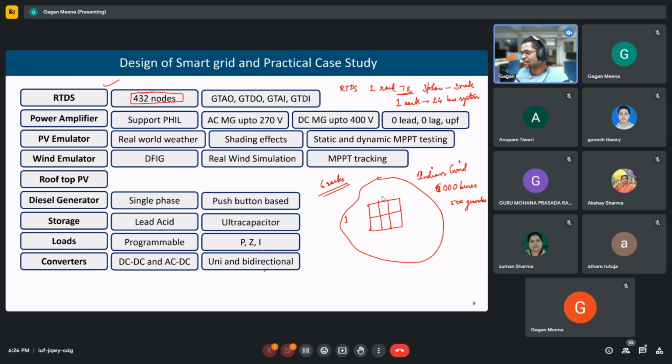So 6 racks are arranged like this: 1, 2, 3, 4, 5, and 6. Each of them can simulate a system of 24 buses. At a time, we can use all 6. If someone is already using a rack, we cannot use it. When all are empty, and no one is using any rack, then a 144 bus system can be simulated in RTDS, with 6 racks of RTDS. So this Indian grid,